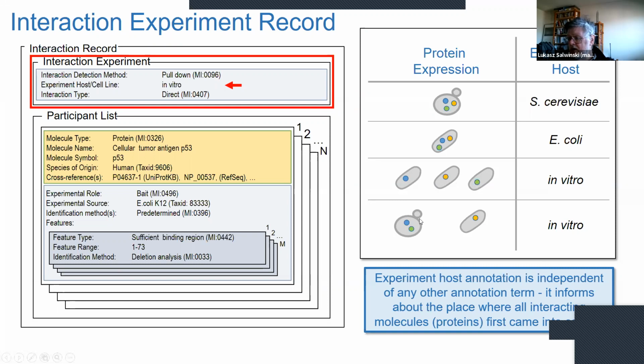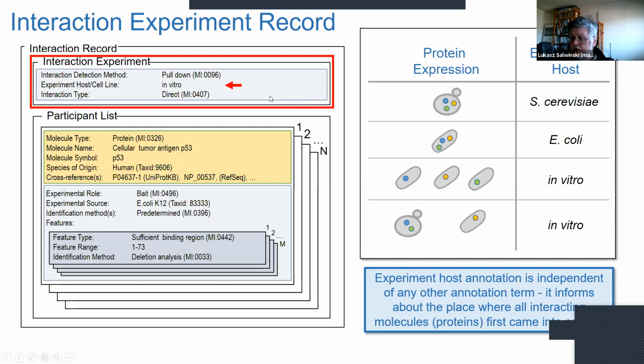Same thing if we make two proteins in yeast, and the third protein is made in E. coli. The protein made in E. coli is purified, and then cell lysate from yeast cells is poured over a column which bound the yellow protein, then the host would be in vitro. So this is the meaning of experiment host that's reported